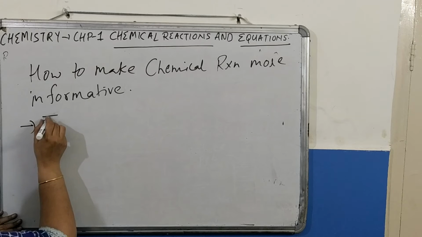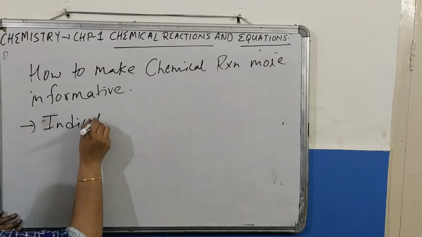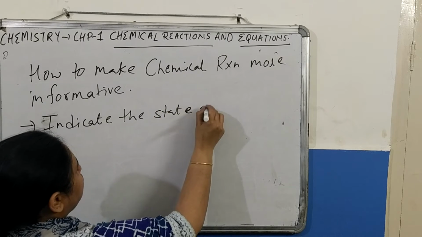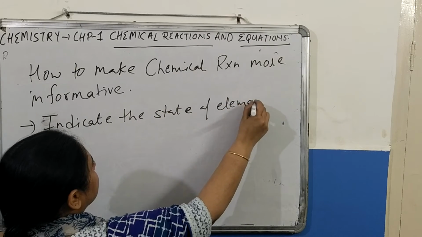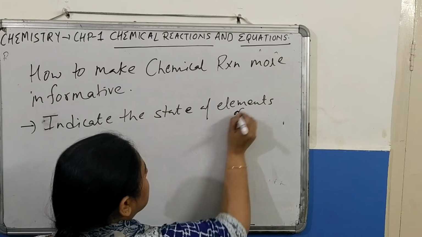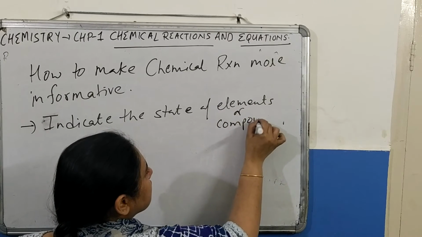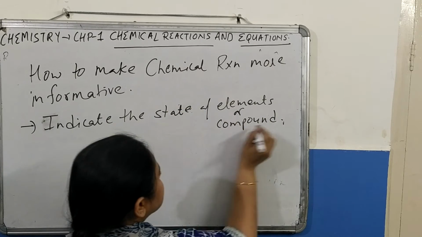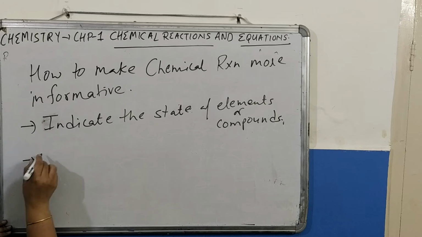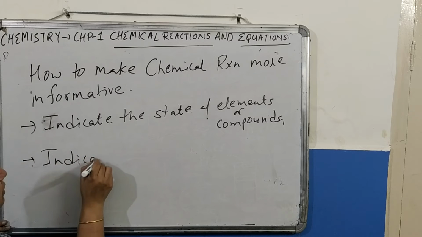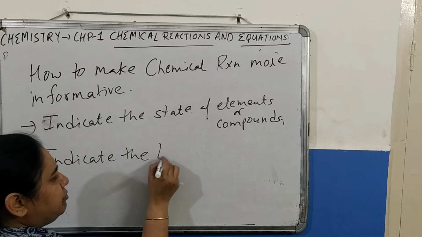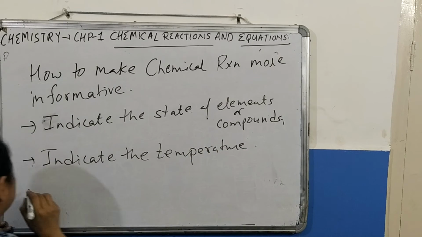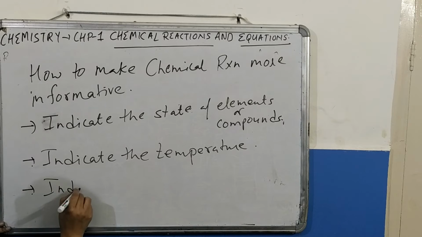We can indicate the state of elements or compounds which are taking part, right? State of elements and compounds. And the second is we can indicate the temperature as we discussed. And the third and the most important thing is we have to indicate